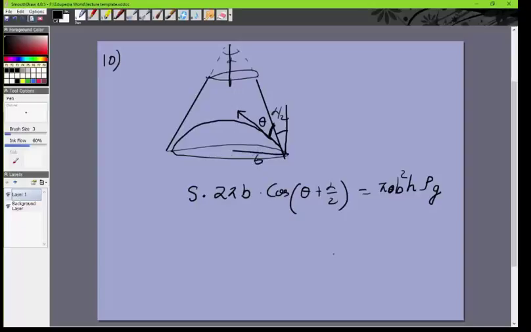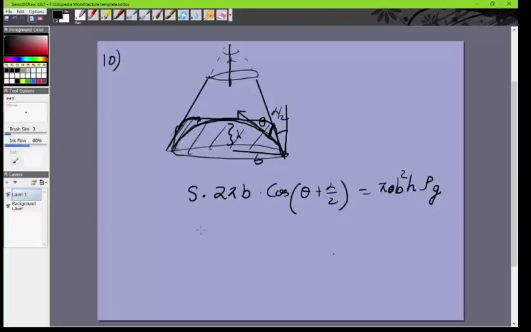Because we are given this is B and this height is H, and we can almost assume it's actually, I've drawn the figure sort of wrongly. Generally, the figure would be something like this, right? It rises up, and then at the edge there's a contact angle. It won't generally be a sphere like this, right? It'll be like this. So the volume will be pi b square h rho g, and from that you can